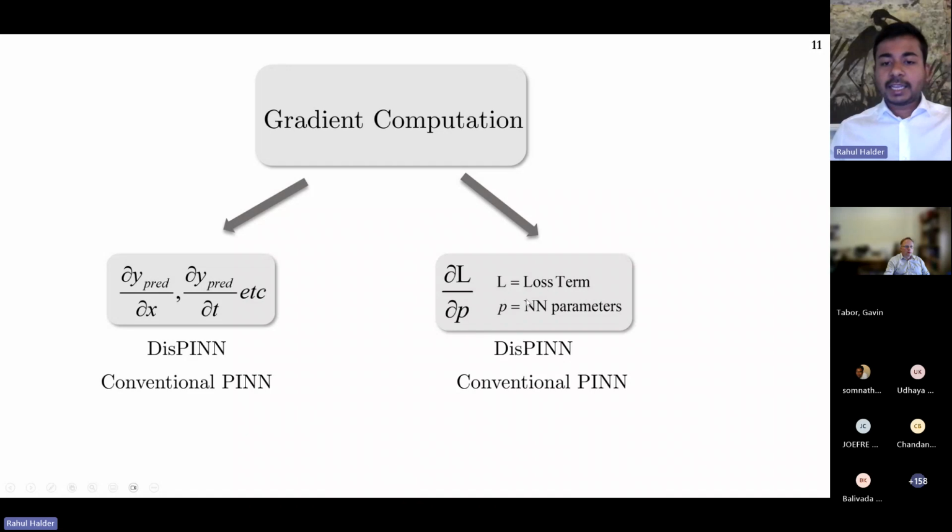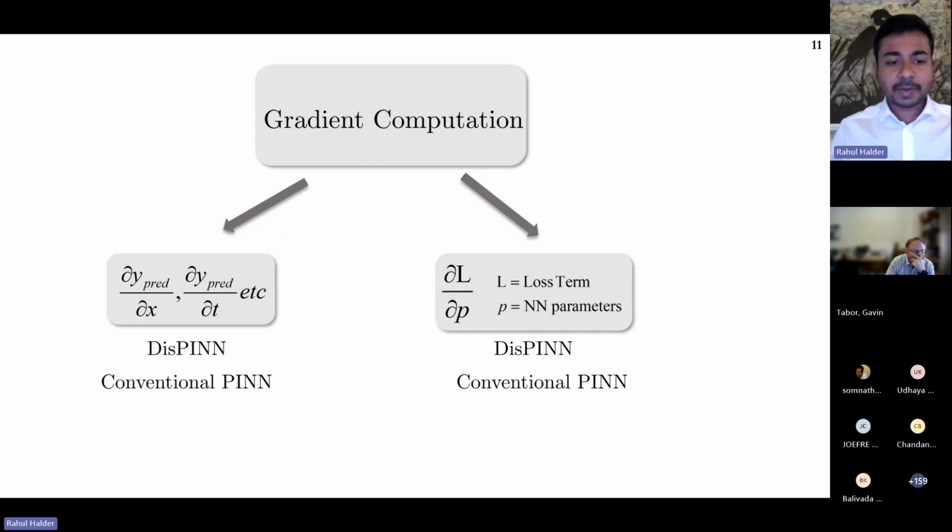And there is an additional term you need to compute in the gradient descent optimization algorithm. Once you have computed the loss, you have to take the derivative with respect to the hyperparameters so that you can update your